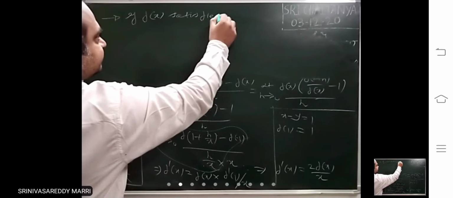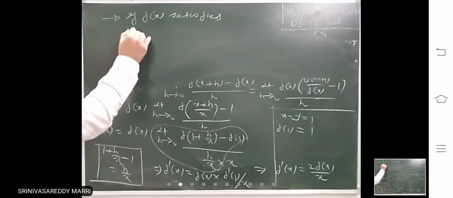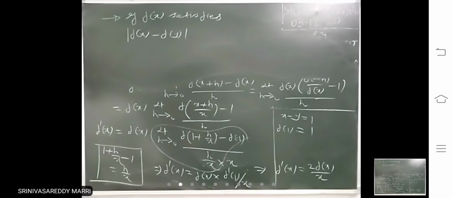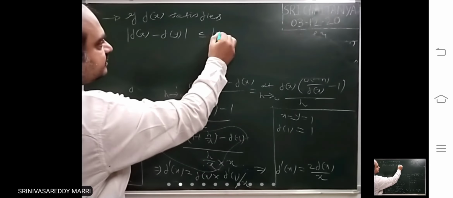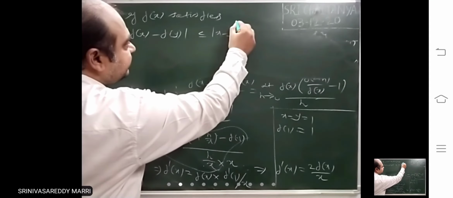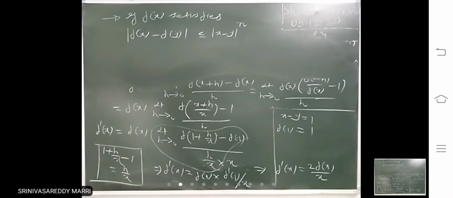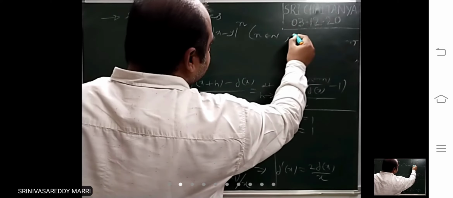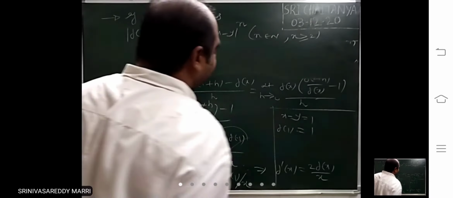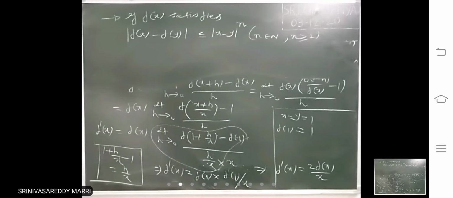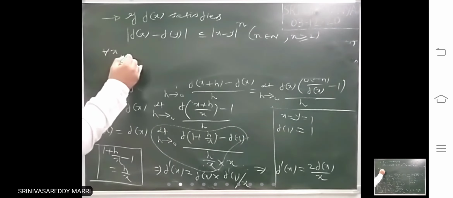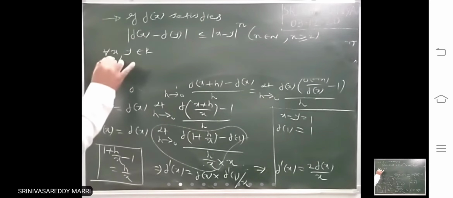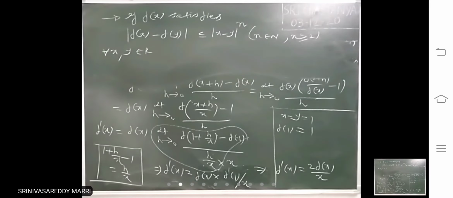Suppose an equation is given like this: modulus of f of x minus f of y is less than or equal to modulus of x minus y whole power n, where n belongs to capital N, n greater than or equal to 2. Such a type of inequality he will give, for all x, y belongs to R. Then